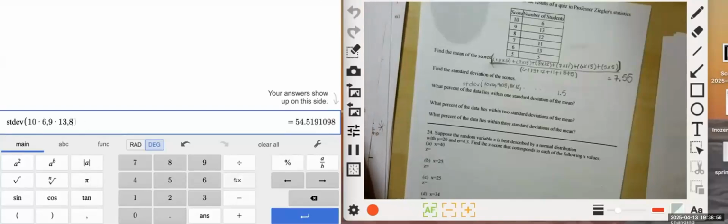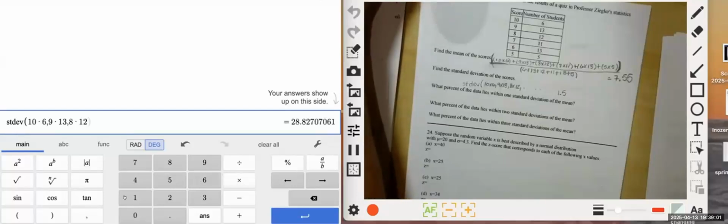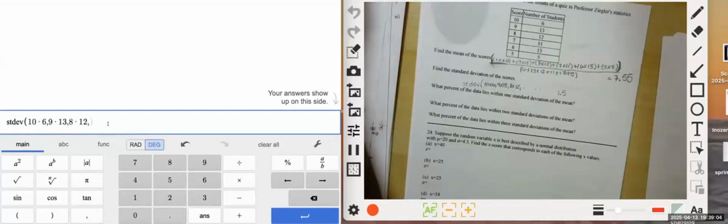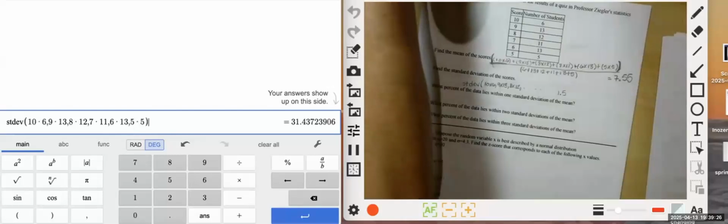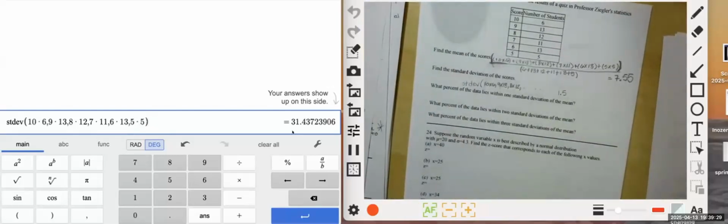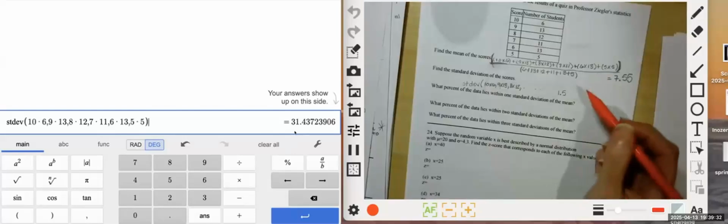So 8 times 12. Do the comma on your keyboard there. Oh, I guess you could do the comma right there. I didn't even see that one. 8 times 12, 7 times 11, 6 times 15, comma, 5 times 5, with the bracket at the end. So there's my answer for